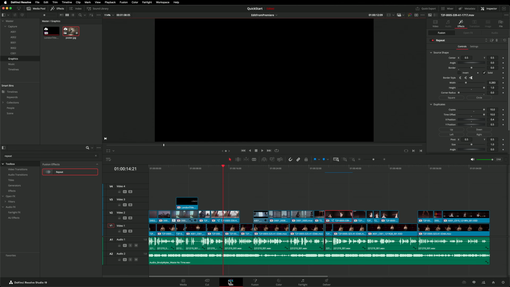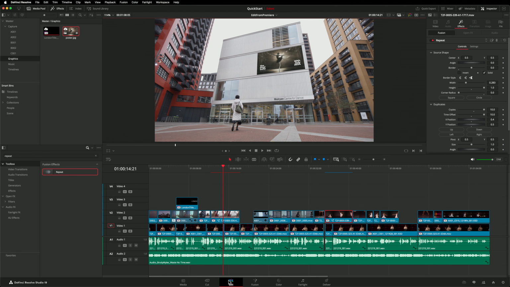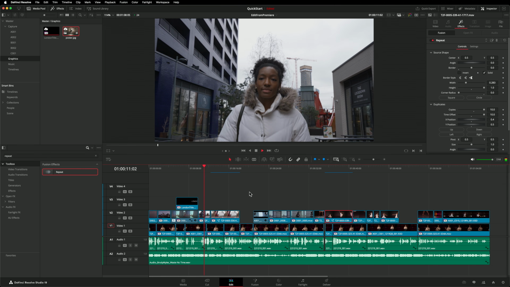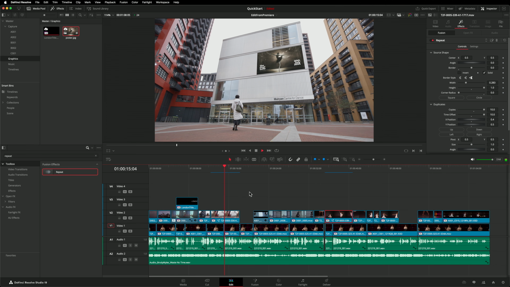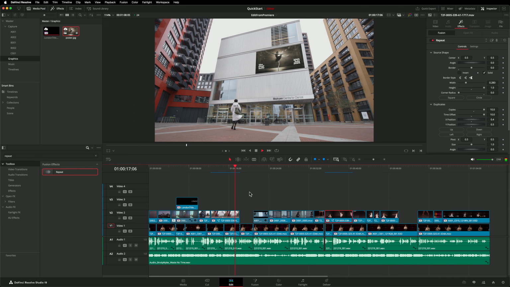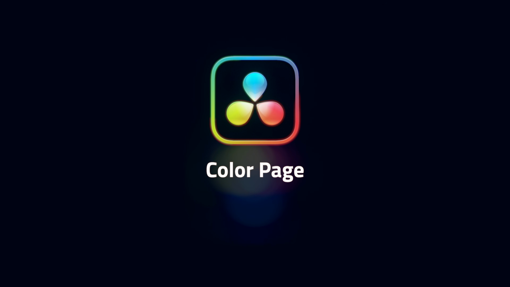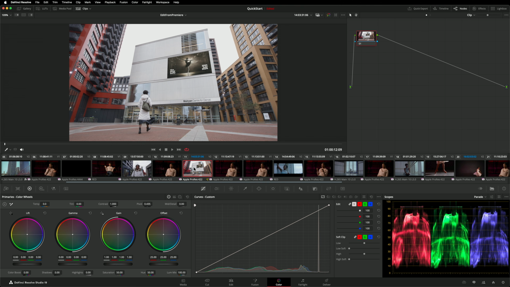When I go back to the edit page now, my Fusion composition is visible immediately. No rendering, no exporting, no importing, no conforming. It just works. Can you imagine how much time that will save on complex projects? The color page works much the same way. When I head to the color page, look, my Fusion composition is even visible here, and I can start grading